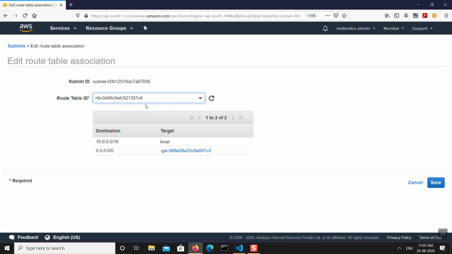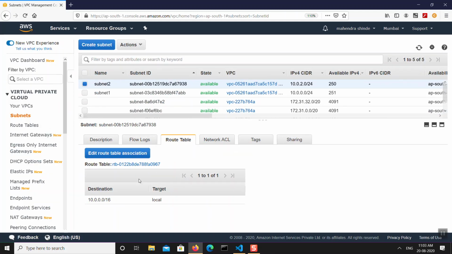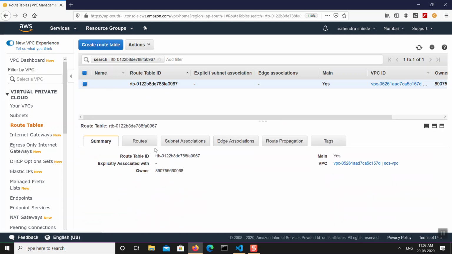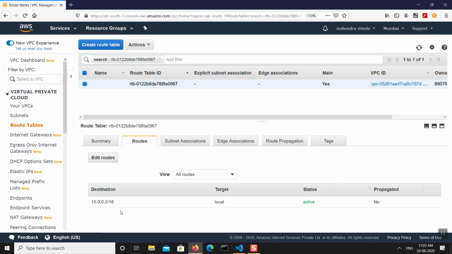This is actually the route table that got created for subnet 1, and okay, if I connect to this, the IP address range used here is different. I'll do one thing, I'll just edit this route table instead. This is the route table created for my second subnet, which unfortunately doesn't have the internet gateway attached to it. So what I will do is add the internet gateway here in those routes.